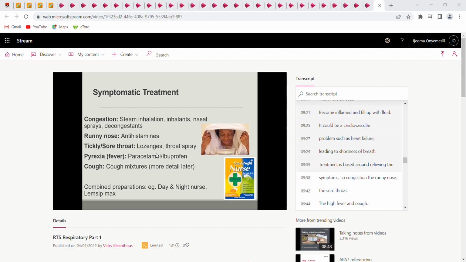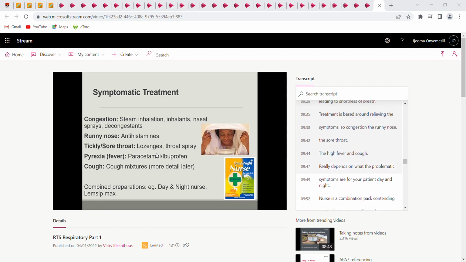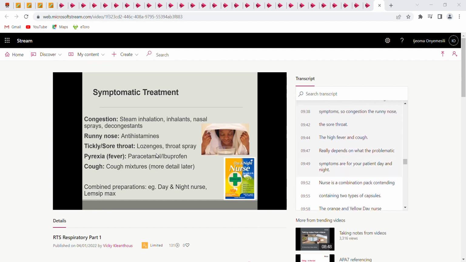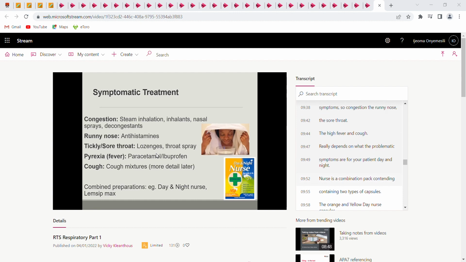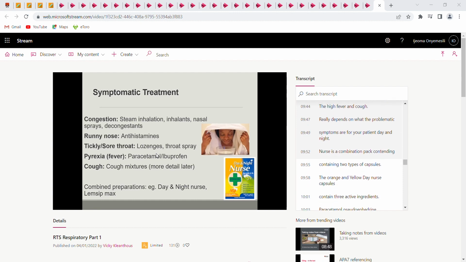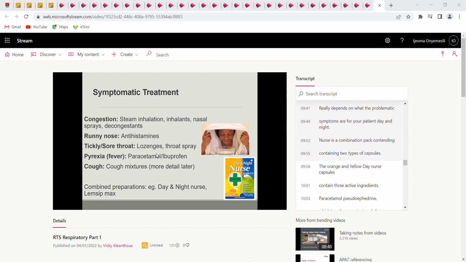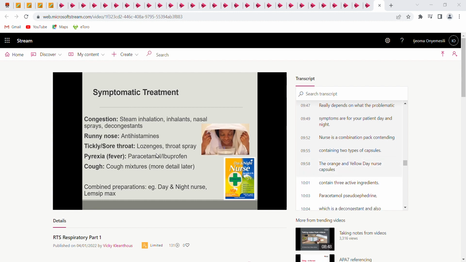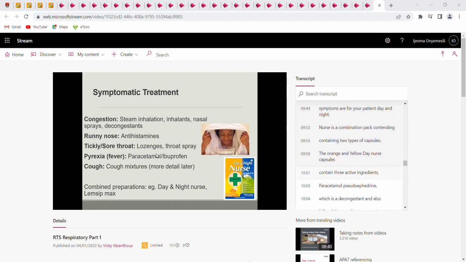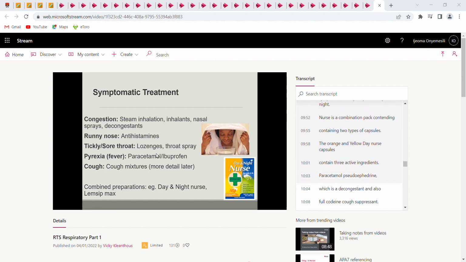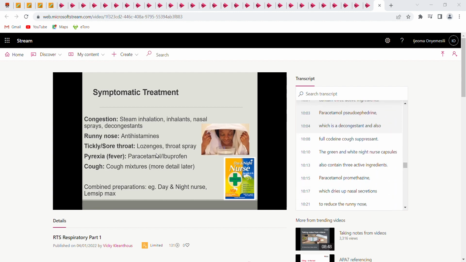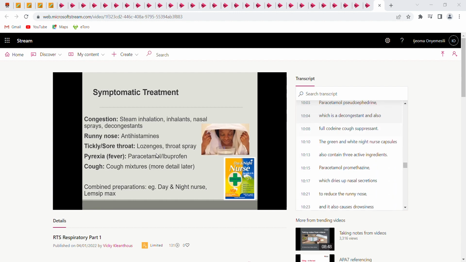Treatment is based around relieving the symptoms, so congestion, the runny nose, the sore throat, the high fever and cough. It really depends on what the problematic symptoms are for your patient. Day and night nurse is a combination pack containing 2 types of capsules. The orange and yellow day nurse capsules contain 3 active ingredients: paracetamol, pseudoephedrine, which is a decongestant, and also fulcodine,